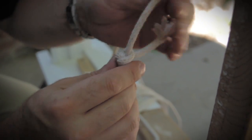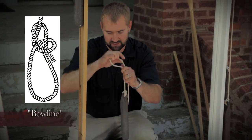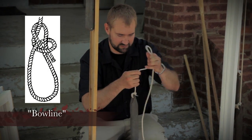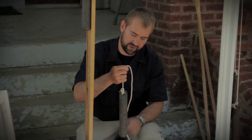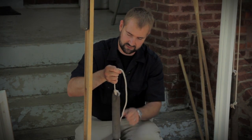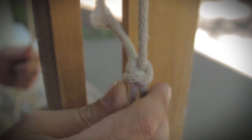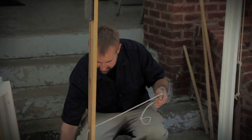I believe the traditional knot is considered a bowline, if I remember correctly. This is certainly something that's not going to be going anywhere anytime soon. The knot itself pinches on the loose end over here, creating a nice tight fit. So that would be through here like this. And you're going to want to fish down a line